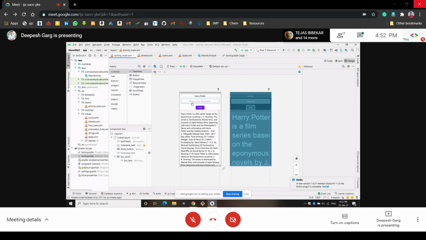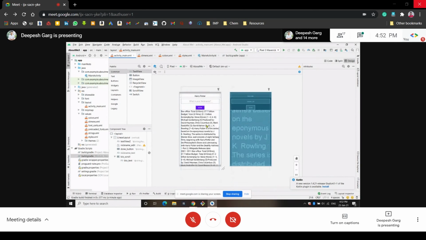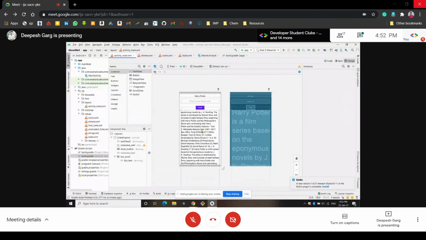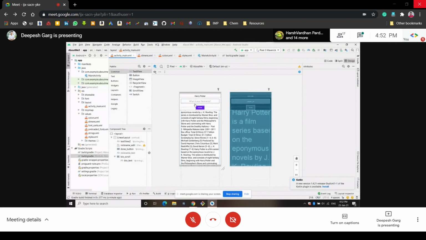Whenever you write something in this editable text view and click the done button, that text will be visible here. And whenever you click that view again, this editable text view will be visible again along with the done button. We have created the UI of this app, and you can see we can also scroll down through whatever text is written inside it. We have learned about the scrollable view so that we can scroll this. We have added the done button, the nickname text view, the editable text view, and we have written this text view first.